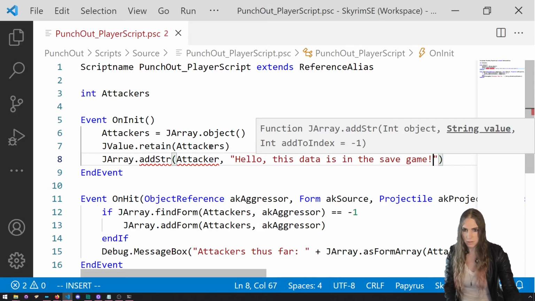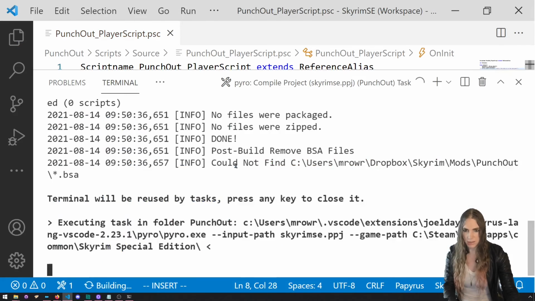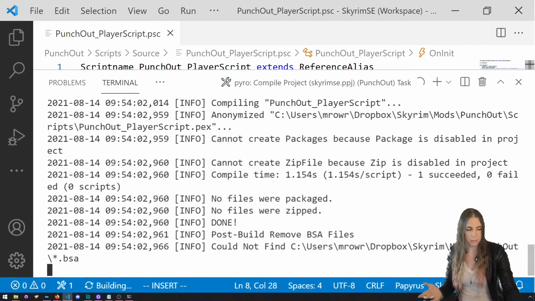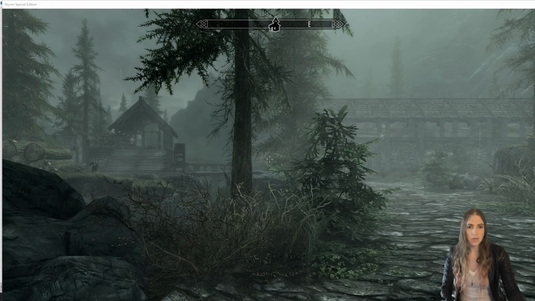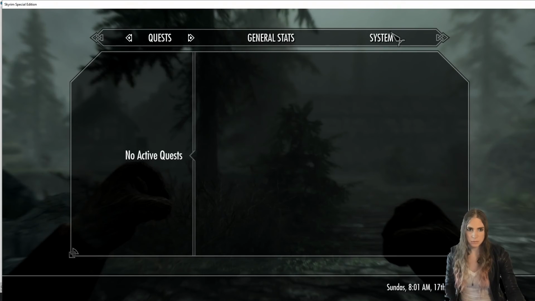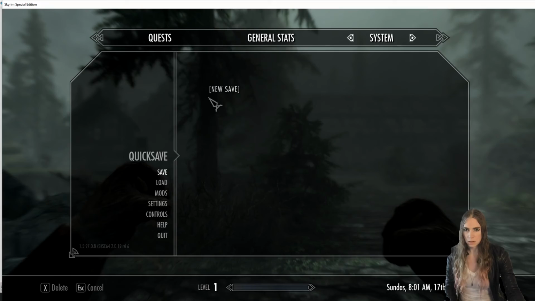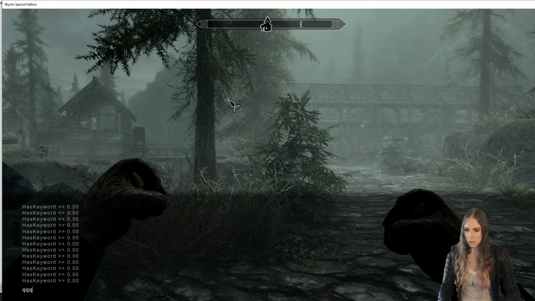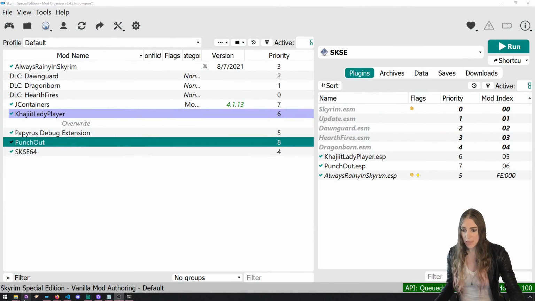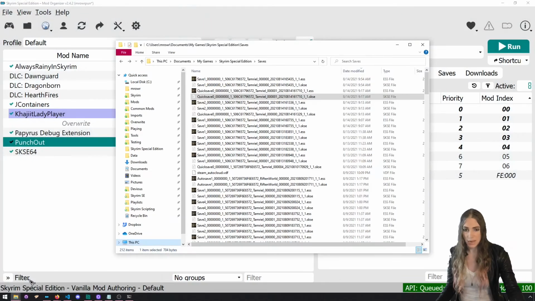Save, it's attackers, save, build. I'm going to run that. And the game loaded, so I'm just going to do a quick save here. New save. And then if I head on over to my save games and documents, my games, Skyrim Special Edition,